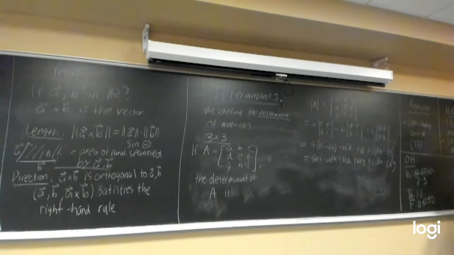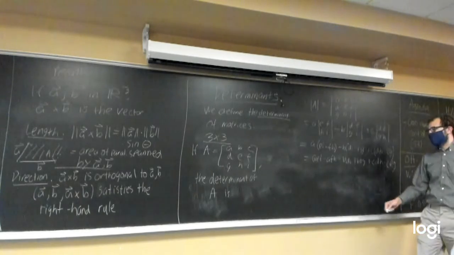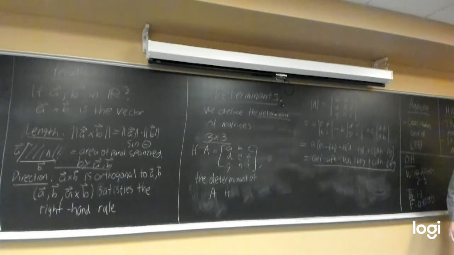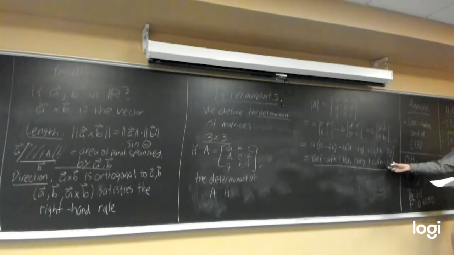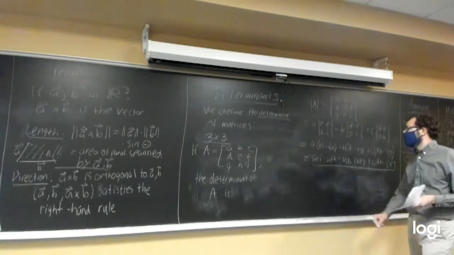So, this one's a bit more complicated than the 2x2 formula. I highly recommend that if you're trying to remember how to take the determinant of a 3x3 matrix, you don't try and memorize this formula because it's kind of a mess. I don't remember this, just writing it all out in a single line like this. Instead, I think it's most helpful for me, at least, to remember